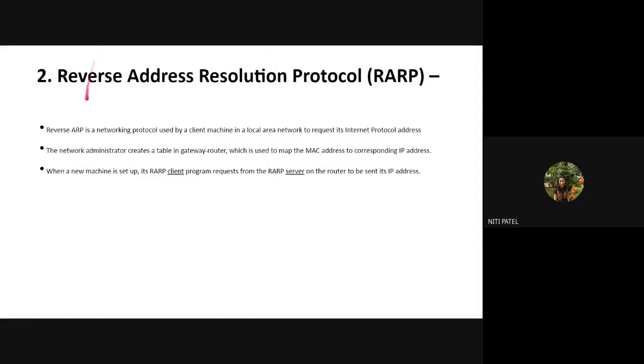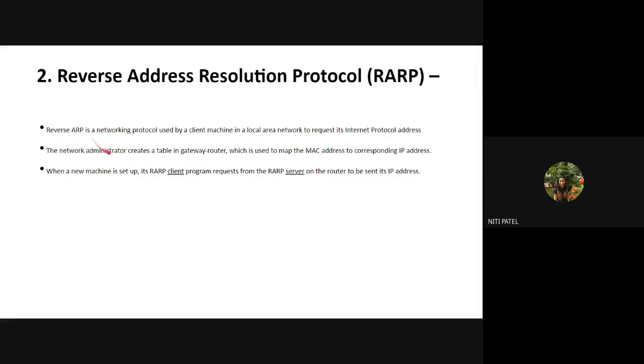Now next is the Reverse Address Resolution Protocol. What was ARP? Finding the MAC address with the IP address. But what is reverse address resolution going to do? It will allow you to identify the IP address with the help of the MAC address. Again, why is there a requirement of both? Because again, I am going to operate on a network with systems on all the 7 layers, so I will require the IP address also. To find the IP address, I have to use a reverse resolution protocol.